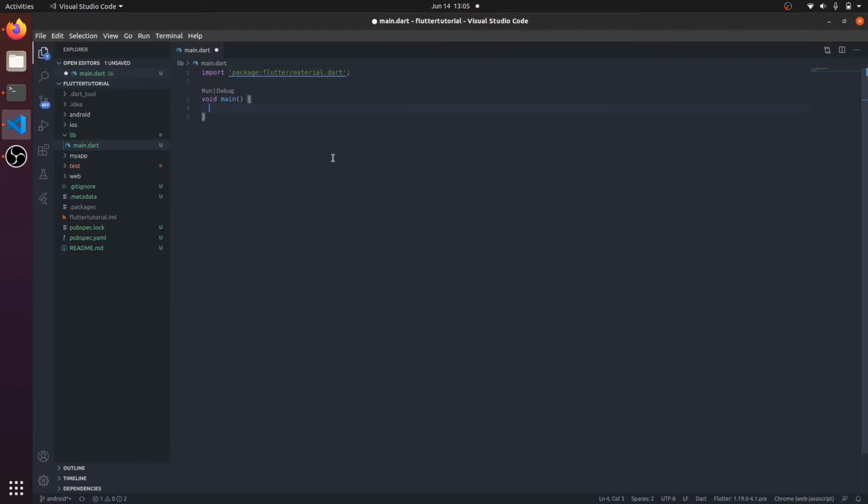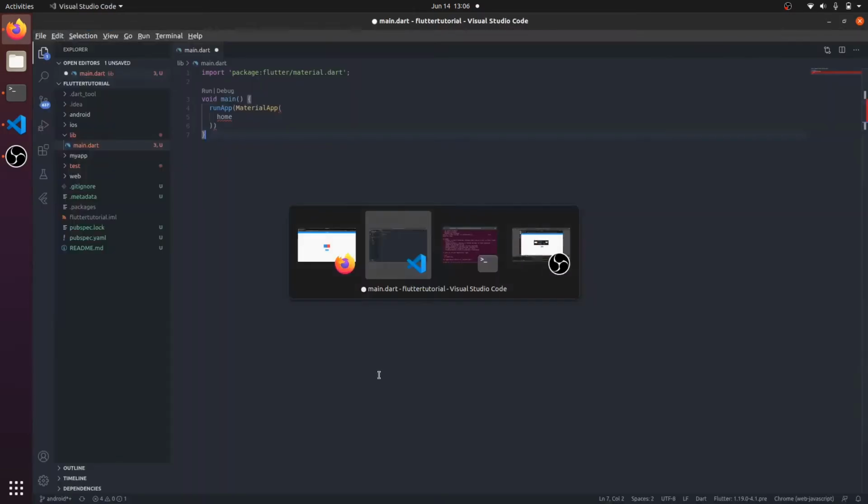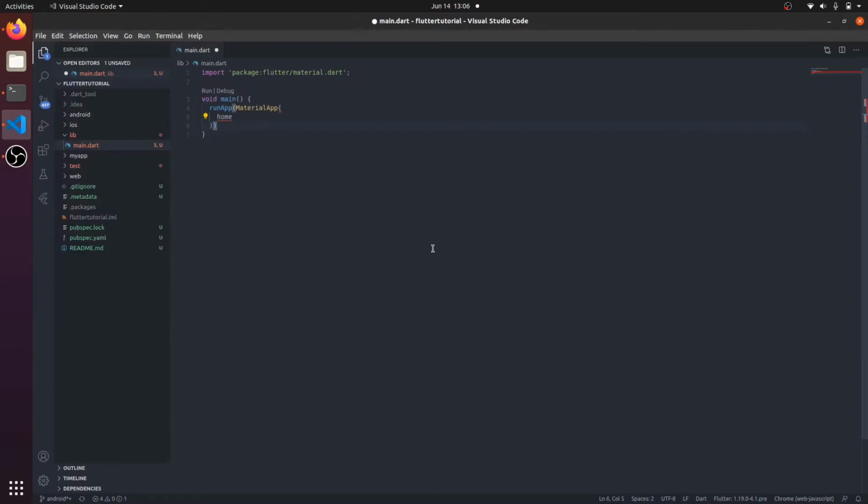And we're going to do a function called runApp, and we're going to run a function, which is the app itself, called MaterialApp, and it has a property of home. Again, everything in Flutter is a widget, with properties, and everything here that you see is a widget, including the app itself. So the base is MaterialApp with the property home, and in the home we're going to return another widget,